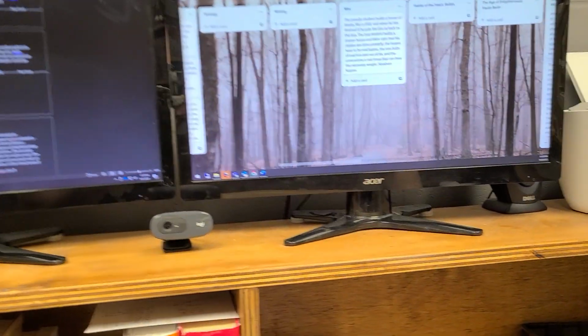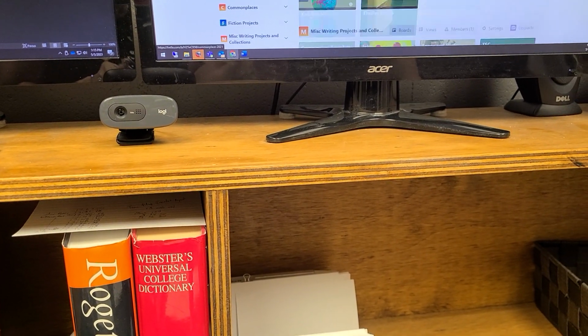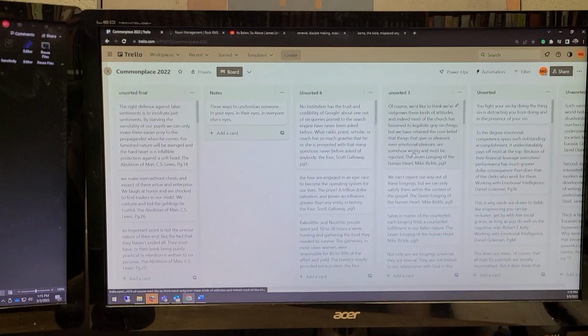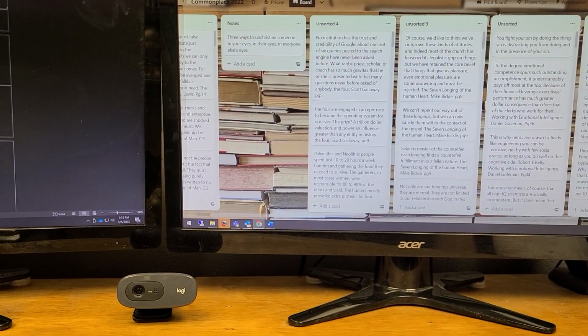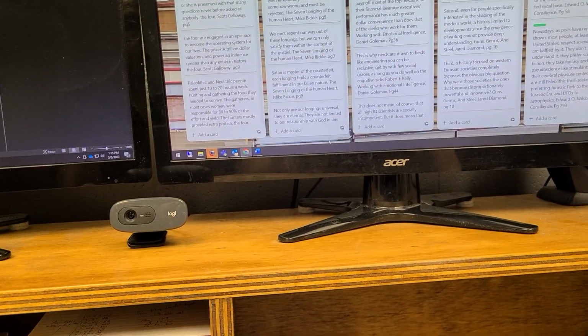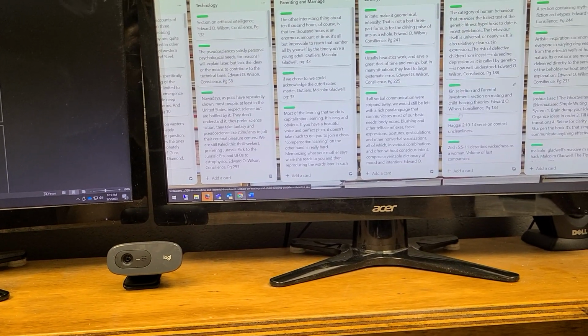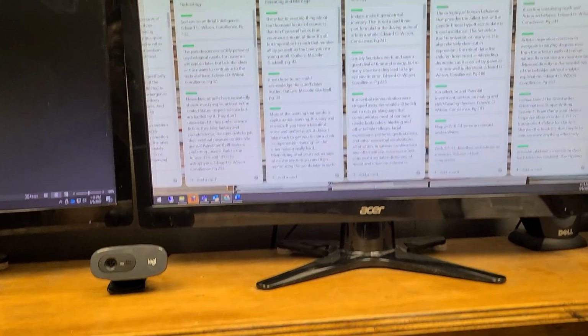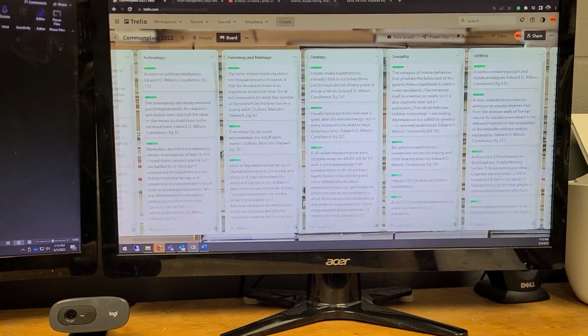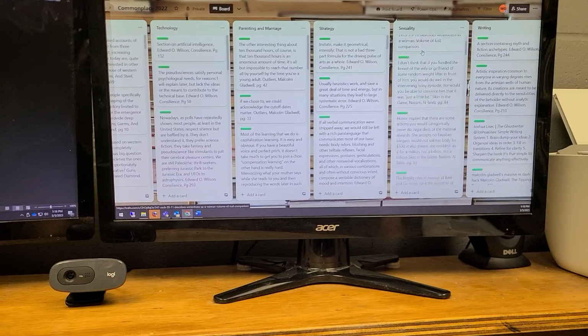And what I mean by that, I'll go to one of my other commonplace books here. One sec. Where are we here? Yeah, Commonplace 2022. So I have unsorted notes that I've kind of put through. But then we get into, and I'm trying to find a good example here. These are all my different categories from last year. Some of them have gone together. But what I do with